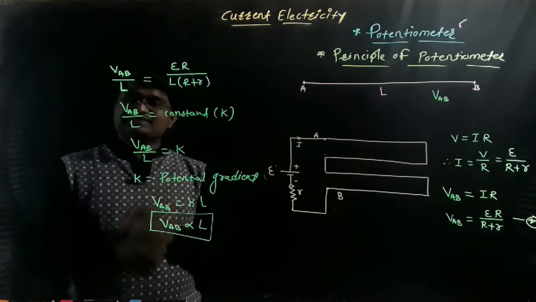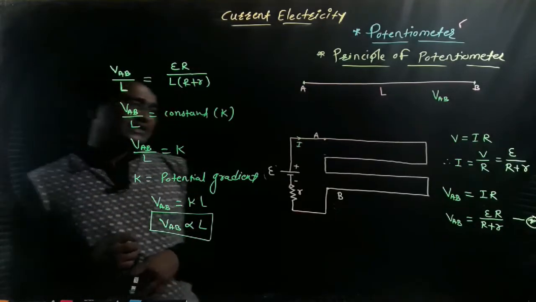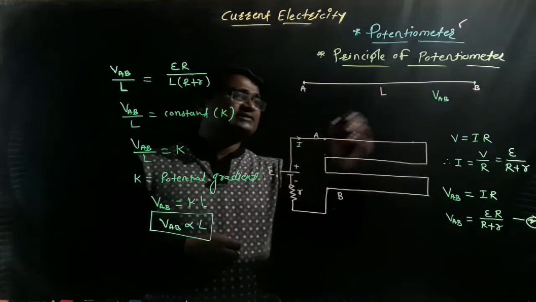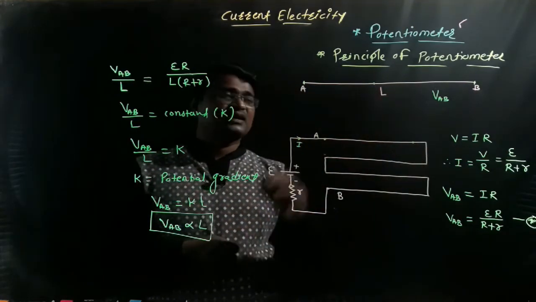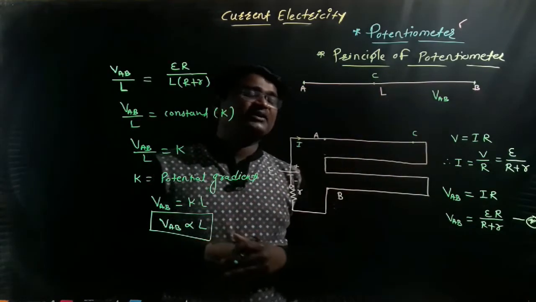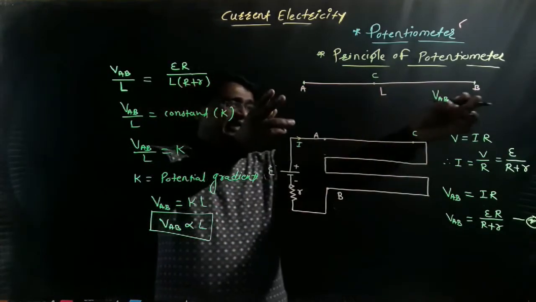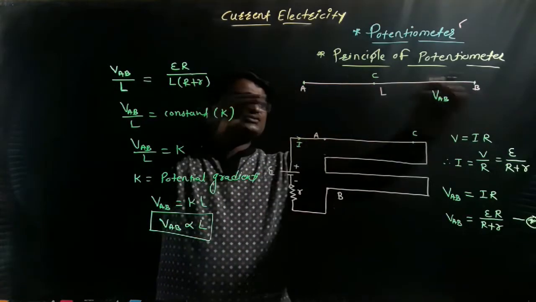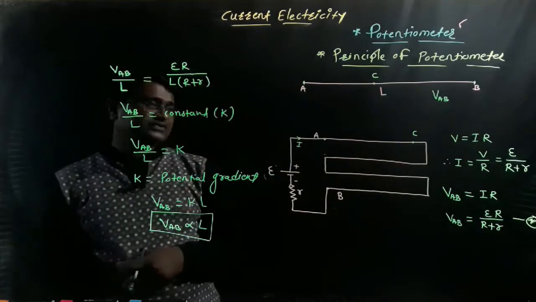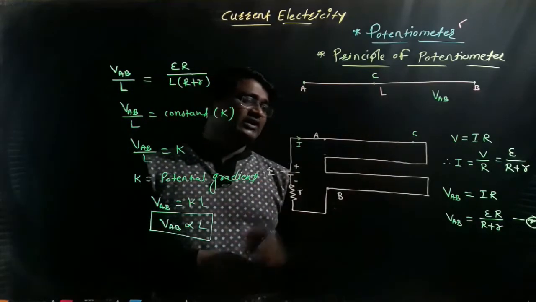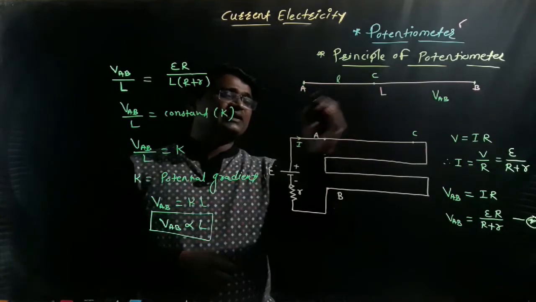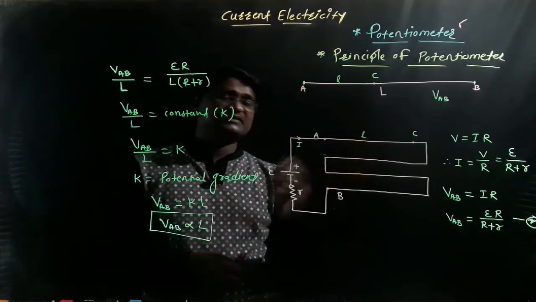It is a concept. But just after that, imagine any one point on the wire, and this point will be denoted by C. The same concept applies here. Actually, the wire AB is exactly similar here. This is a straight wire, and the same wire will be divided into a number of segments. So let's imagine any one point C on the potentiometer wire. The length of AC will be denoted by small l.